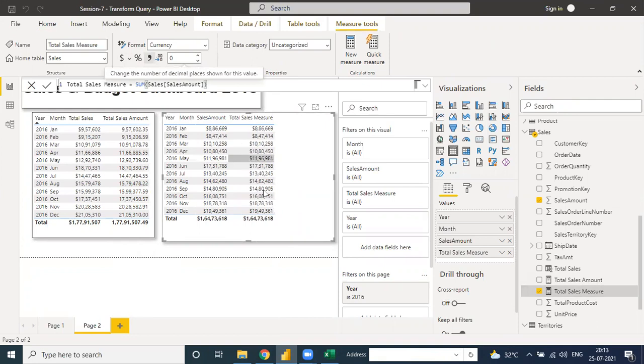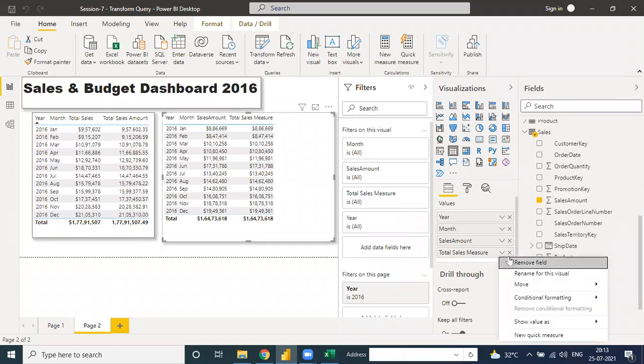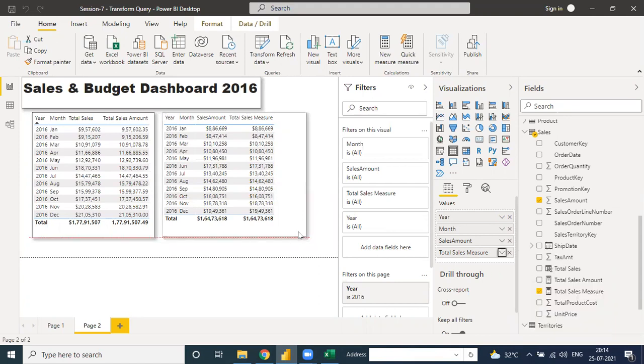Okay, that is the need of an explicit measure. See the result here. Here is an implicit one, with many steps, but here when you choose, there is only one, and it's for the total sales measure. And what is the impact of this, I will show you later. Because when we create the variance, you need to just put A minus B is equal to C, just a formula. But when you don't create this kind of explicit measure, you are not able to create a variance or variance percentage. Okay, because it will help you to reconnect your file to other data as well. Like this, it's a sales measure.